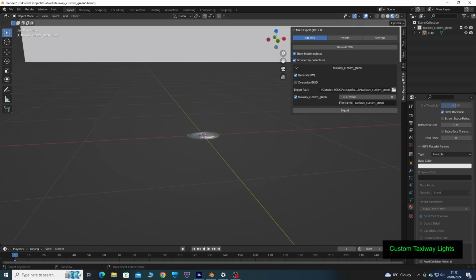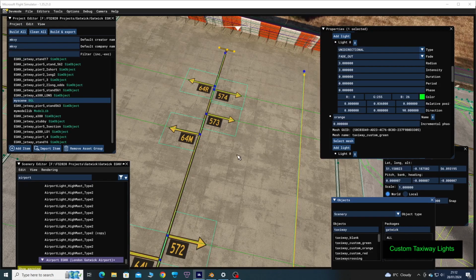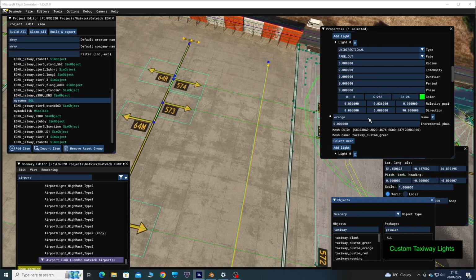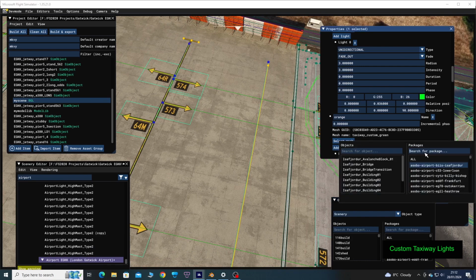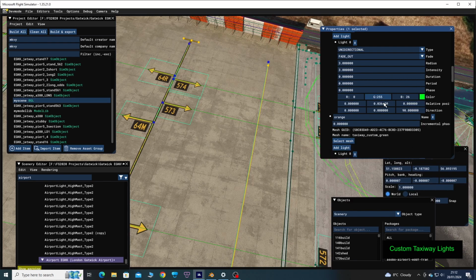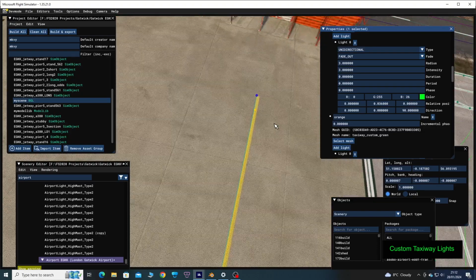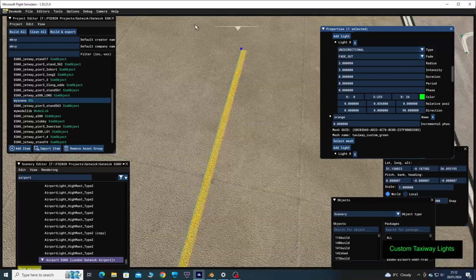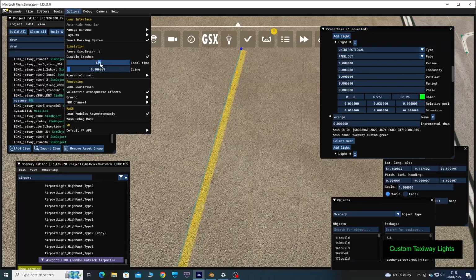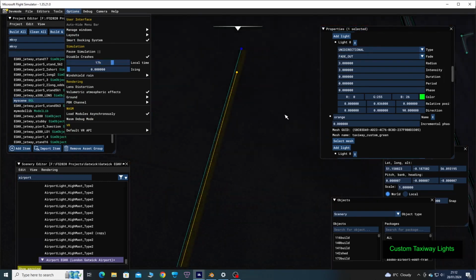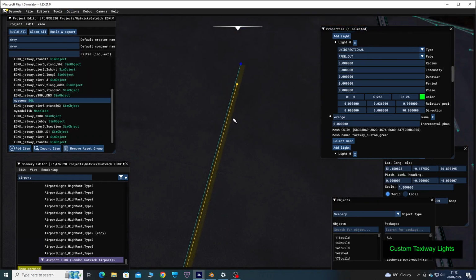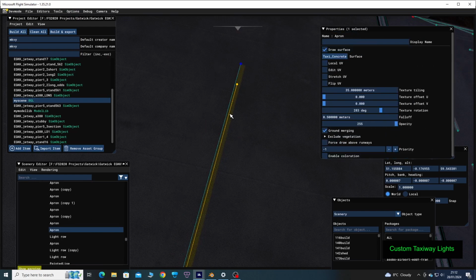I exported that into the scenery, and then you can pick any mesh for the lighting. Obviously I want a disk, so select mesh, and that's the Taxiway object. So that's now linked to the light preset. Highlighting the light row, I need to